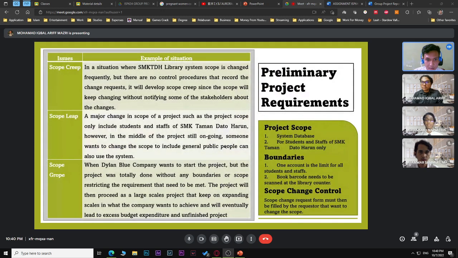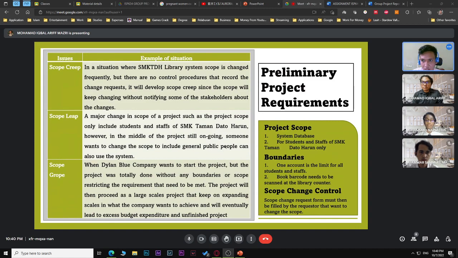So this is the project scope. It is a system database for students and staff of SMK Taman Datuk Harun only. The boundary of our project is that one account is the limit for all students and staff. Book barcodes need to be scanned at the library counter. And our scope change control is that a scope change request form must be filled by the requester who wants